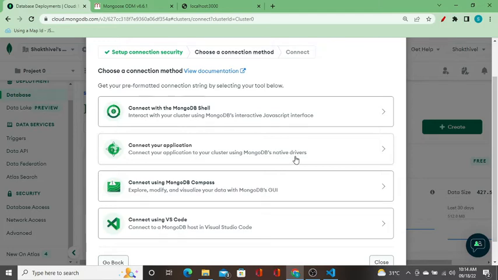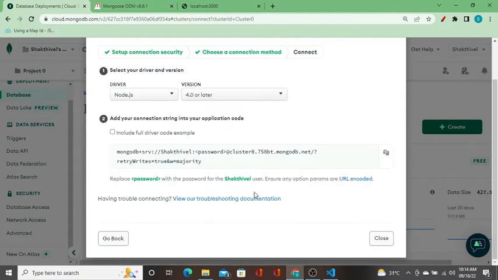So there is some more option, which is MongoDB shell. You should have your Mongo shell installed, right? You have to download the Mongo shell and MongoDB Compass, which is a Windows application, and you can connect with your MongoDB database from there. And this option seems new to me. I'm not familiar with this, so I'm not going to explain it,